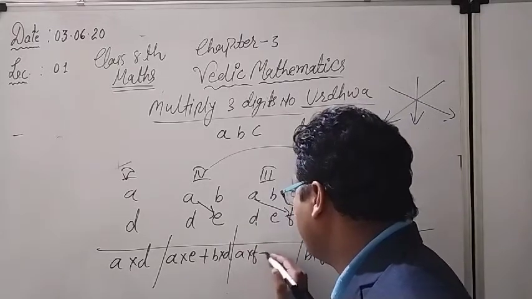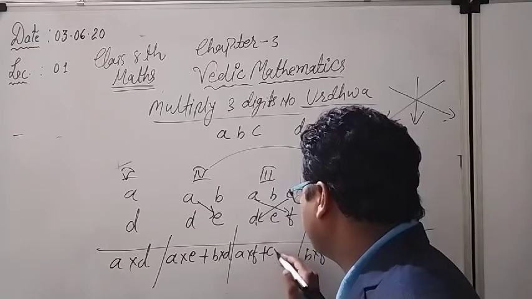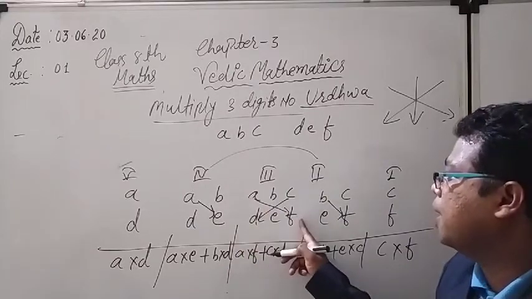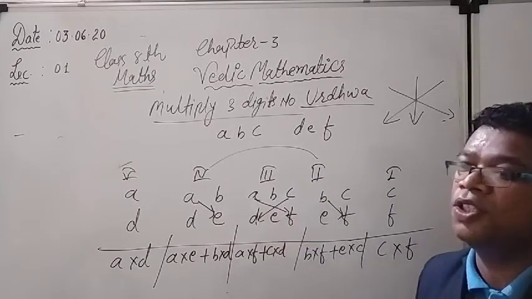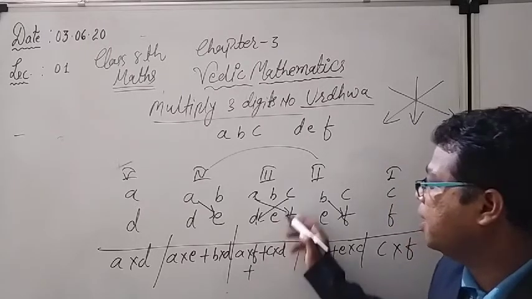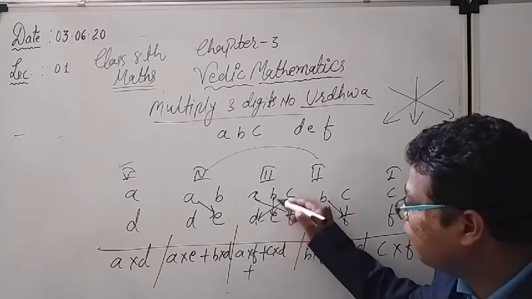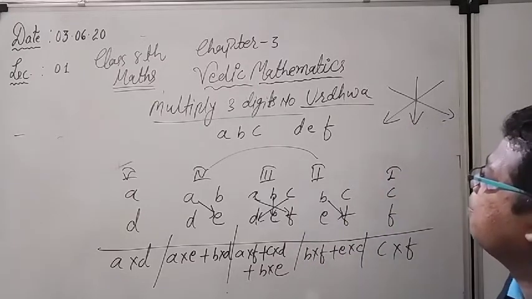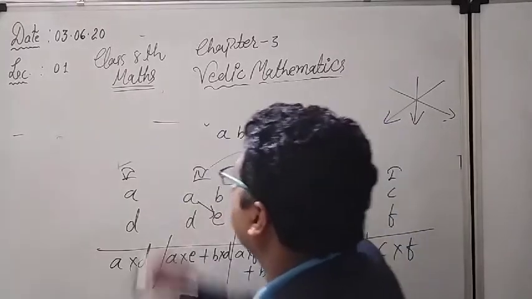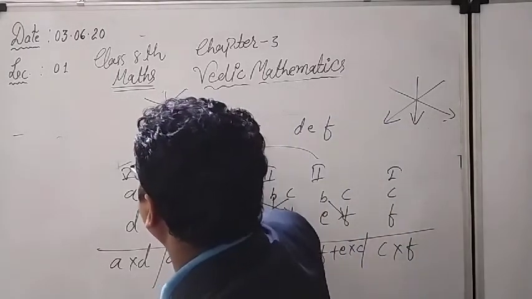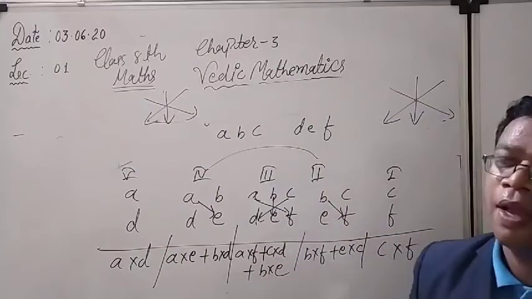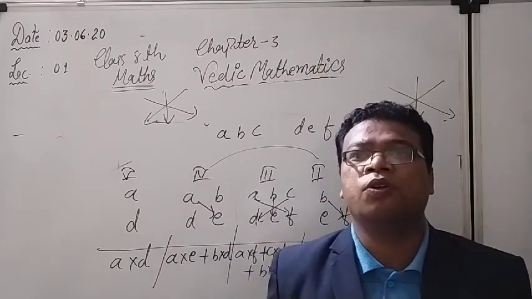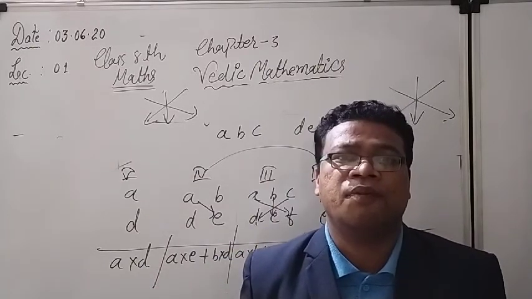A into F. Cross multiply of C into D. See here, the 100 place digit and the ones place digit cross multiply. Same like that, 100 place digit and ones place digit cross multiply. One more thing remains here, that is the middle digits. So again I have to multiply both the middle digits, B into E. So this particular sign you have to remember. For what? Only for the middle group. Rest of the things we will understand with the help of examples. Okay. Next time I will solve 2-3 examples in front of you.